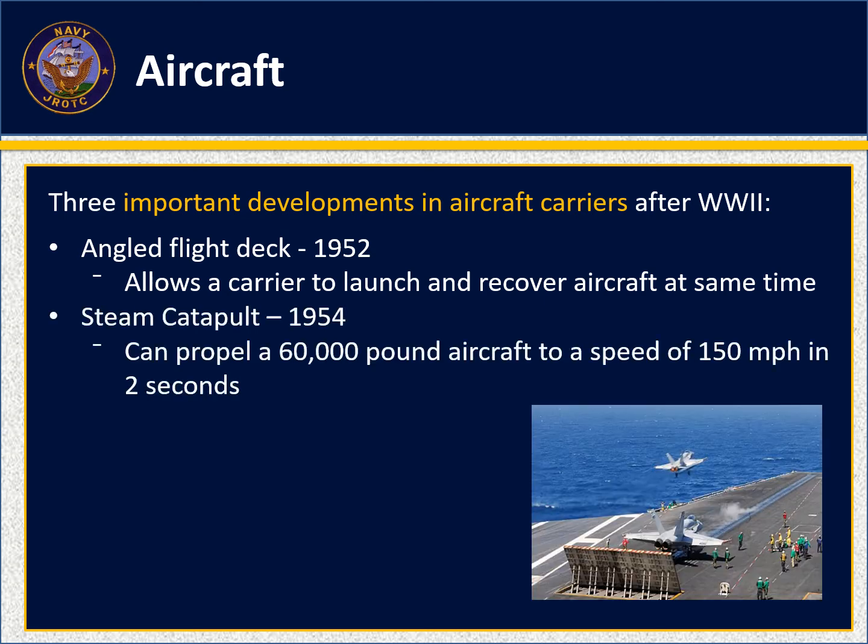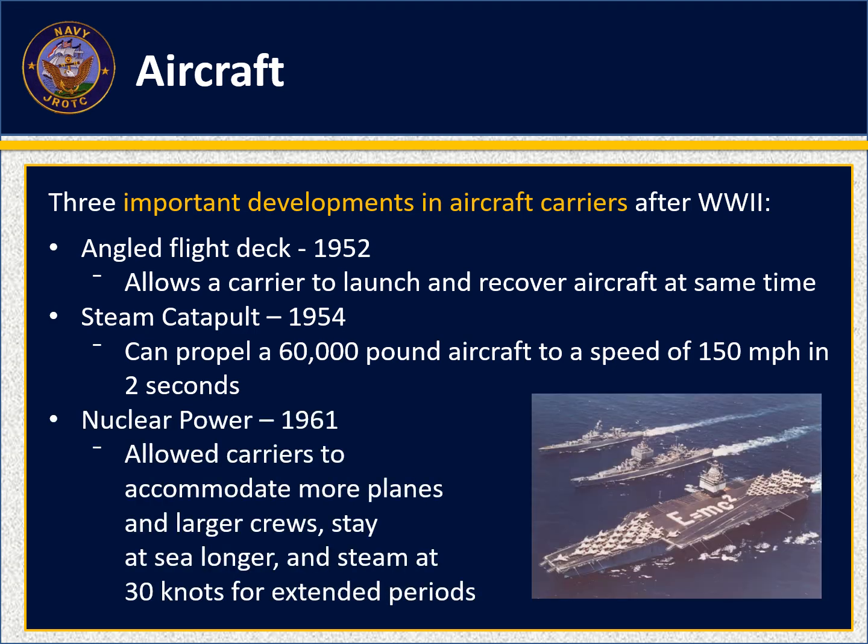Steam catapults came out in 1954. This allows us to launch 60,000-pound aircraft to a speed of 150 miles an hour in 2 seconds. Nuclear power came in 1961 in the form of the USS Enterprise being commissioned and put into service. This gives us